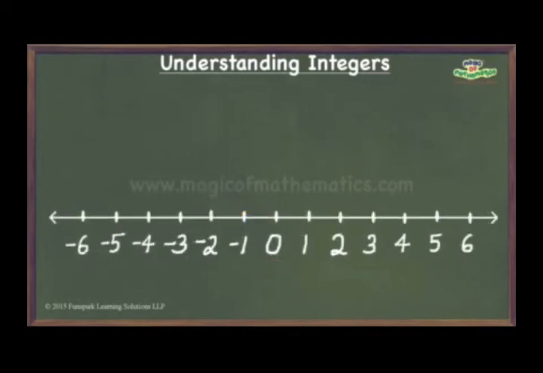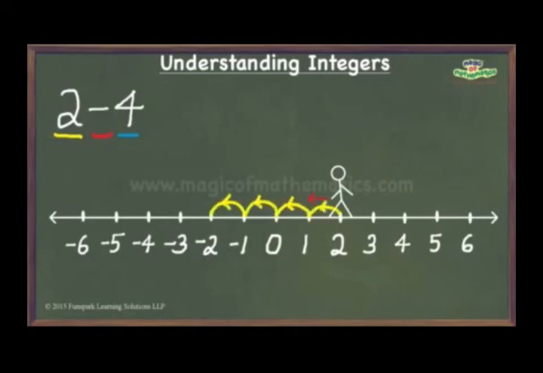The last example that I will take up is 2 minus 4. In this example, the first operand is 2, and hence I begin my journey from 2. Since the operator here is the subtraction operator, I turn to walk towards the left. The second operand is 4, which means I walk 4 steps forward, thereby ending up at negative 2, and hence the given expression evaluates to negative 2.